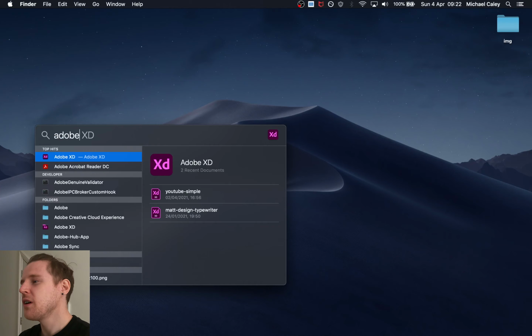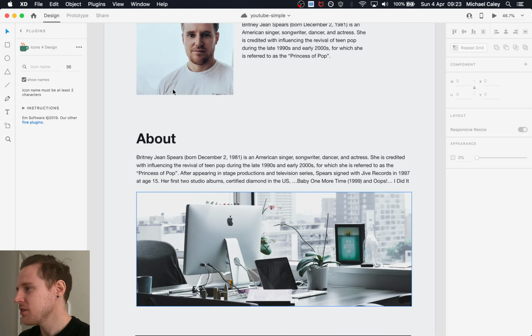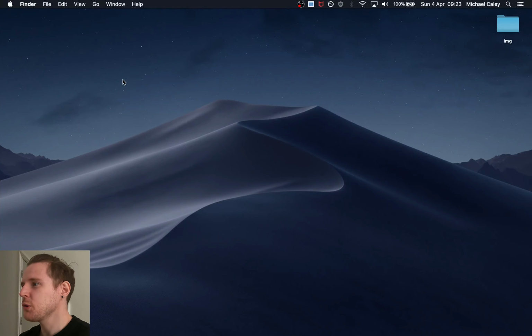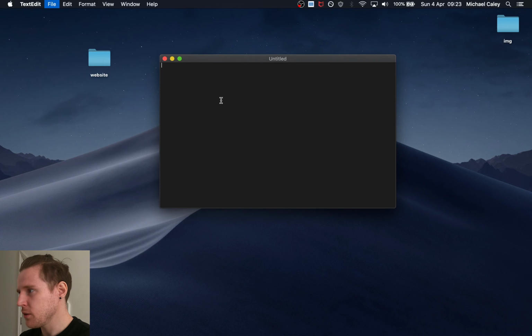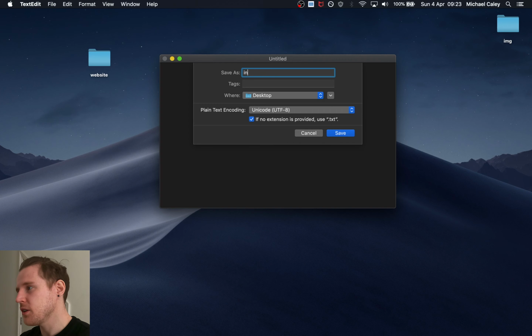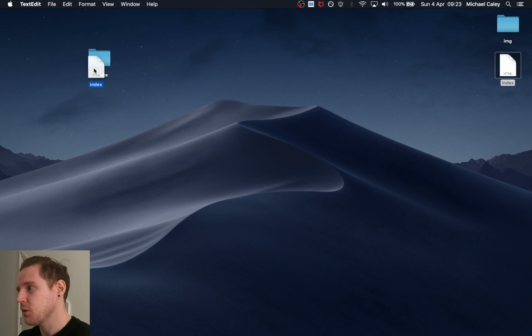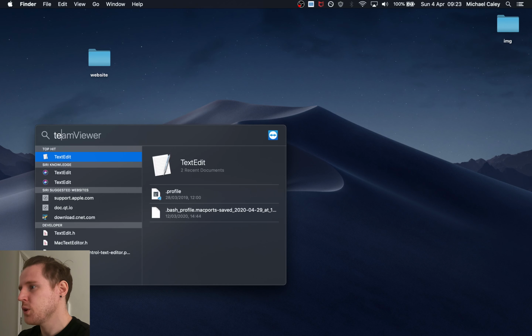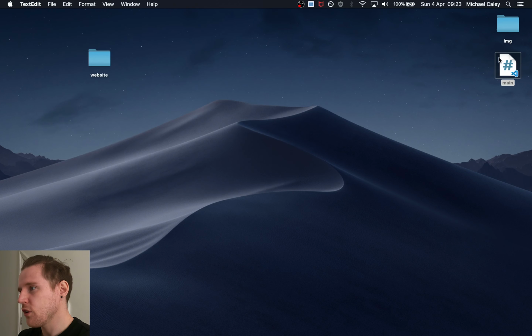First thing we're going to do is open Adobe XD, where you can see I've got this nice design in there. You want to create a folder on your desktop and just call it website. Doesn't really matter what it's called. And we're going to use TextEdit to create a file that we'll name index.html. This is going to be our main file that we use as the website's homepage. And we use TextEdit again to create another file called main.css, and that's going to hold all of our styling